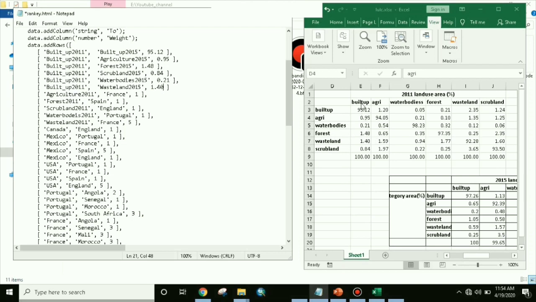From built up to wasteland, 1.40 is here. Then built up to scrubland 0.84. So like that you have to do for all parameters. So we will do that for all parameters.